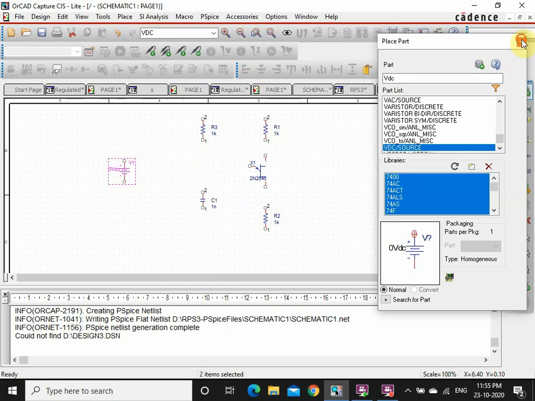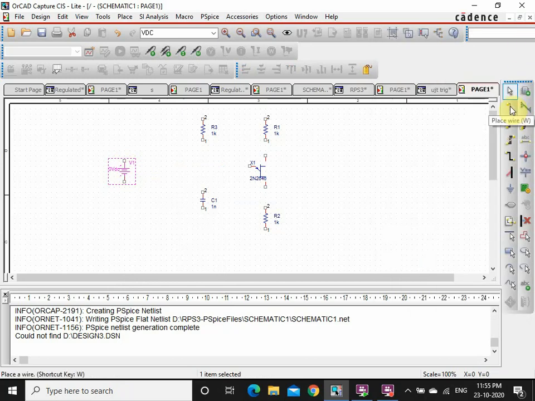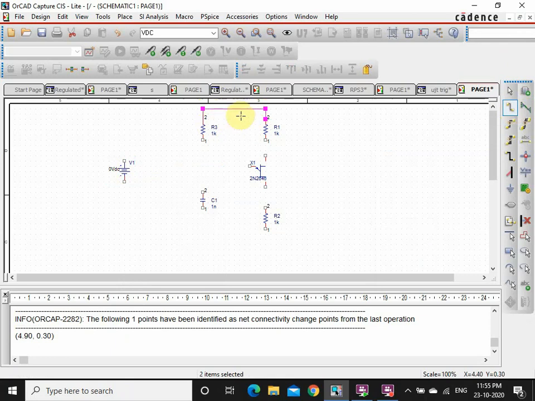So these are my wires. Now I'll take your wire here. So place wire. Directly I can connect it here. So this one is going to be connected to this resistance. Next, this voltage supply you are going to connect it to this one like this.